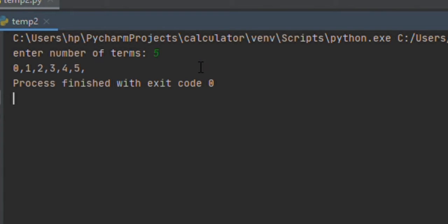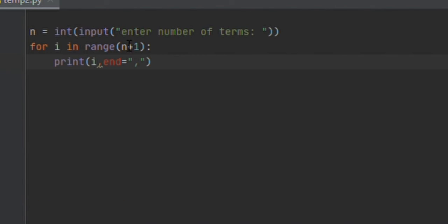5. Oh, we don't need 0 here, we need it from 1, and we don't need this comma. So in range(1, n + 1), and if i is not equal to n,